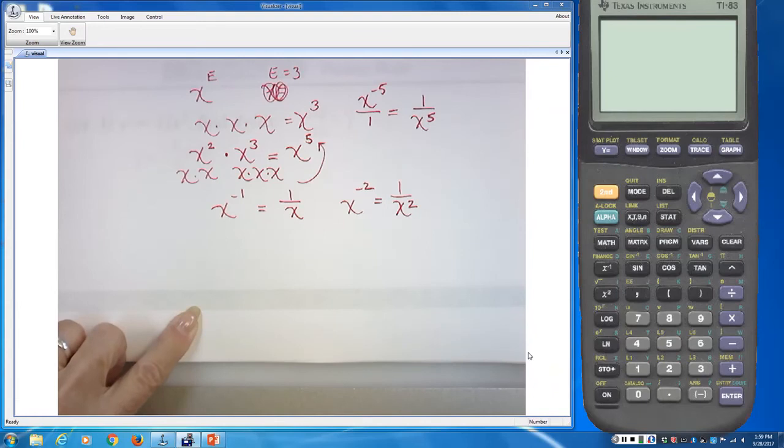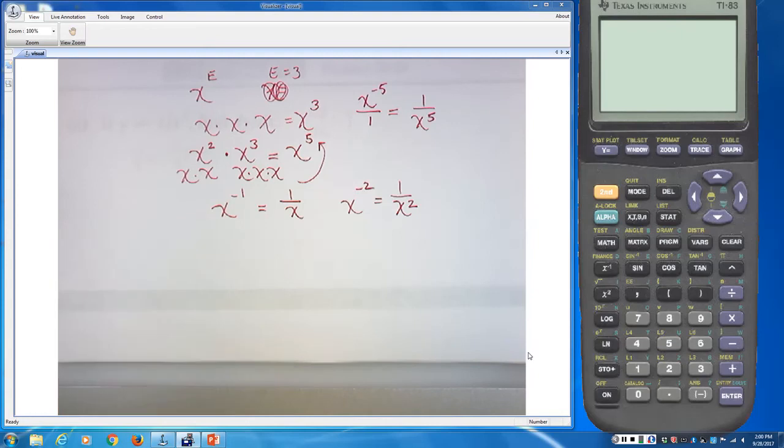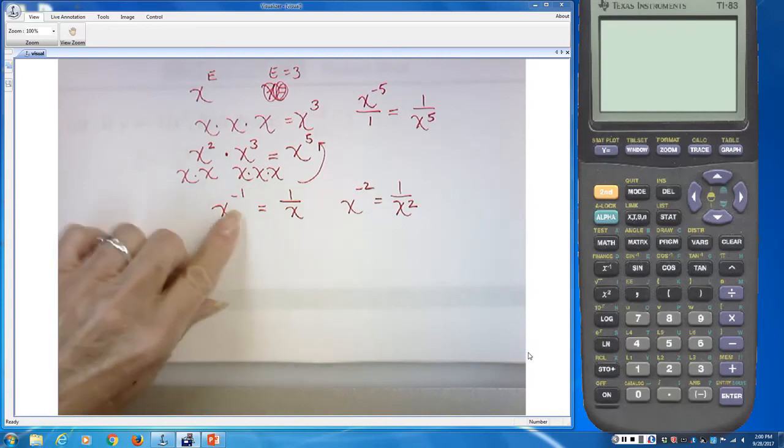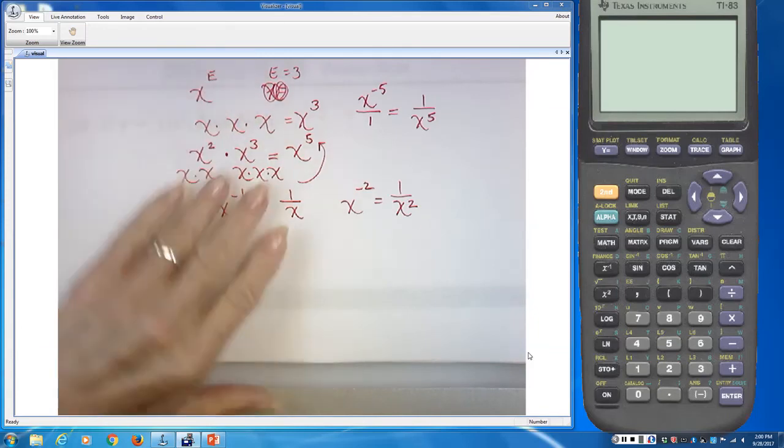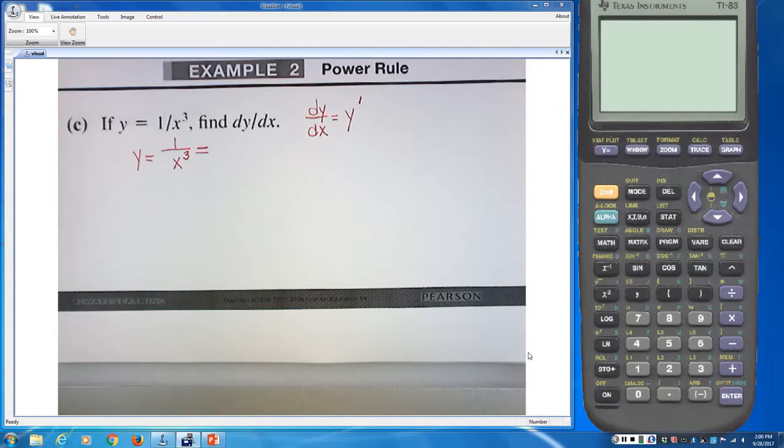So what a negative exponent tells you is that you need to move the variable to the other side of the fraction bar. If it's downstairs, move it up. If it's upstairs, move it down. So basically, you're taking its reciprocal and making the exponent positive. Okay? Well, here's a situation, and I know your algebra teacher spent ages beating it into you, that you could